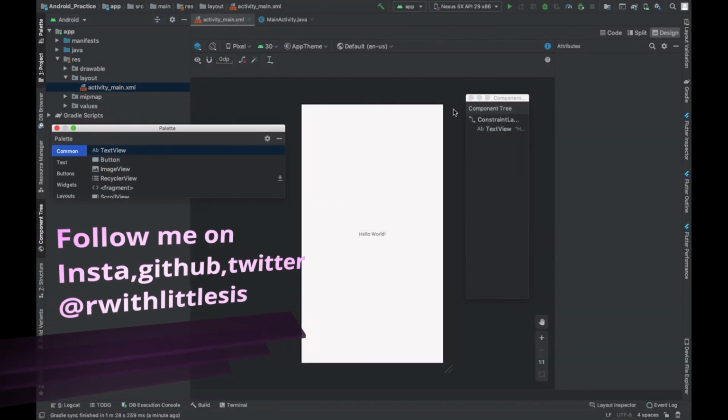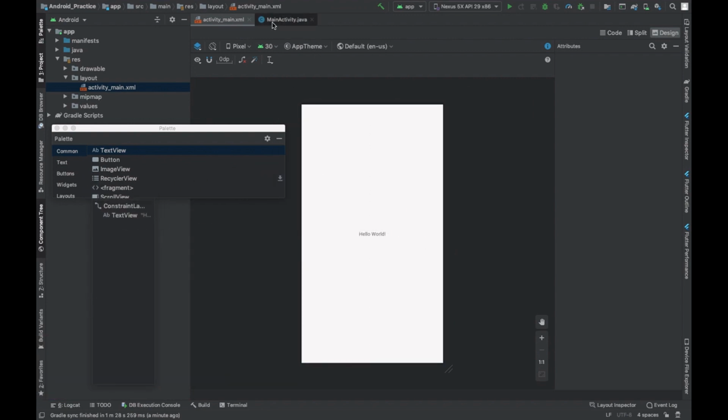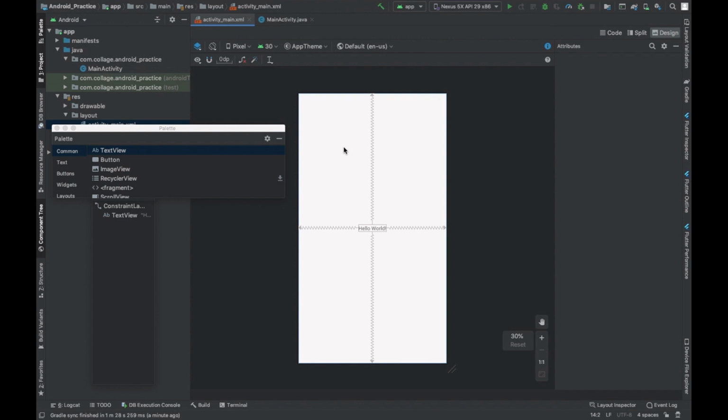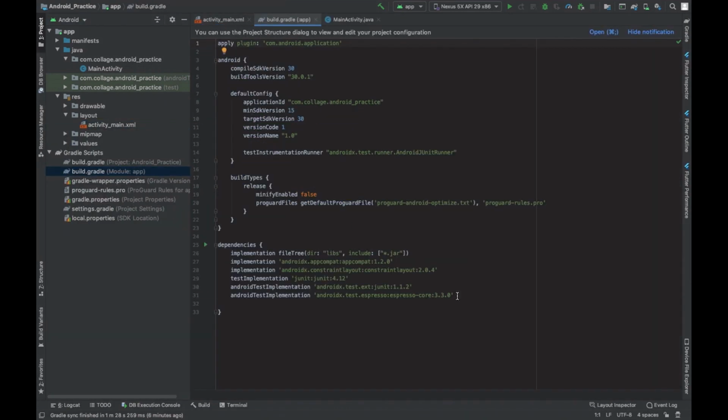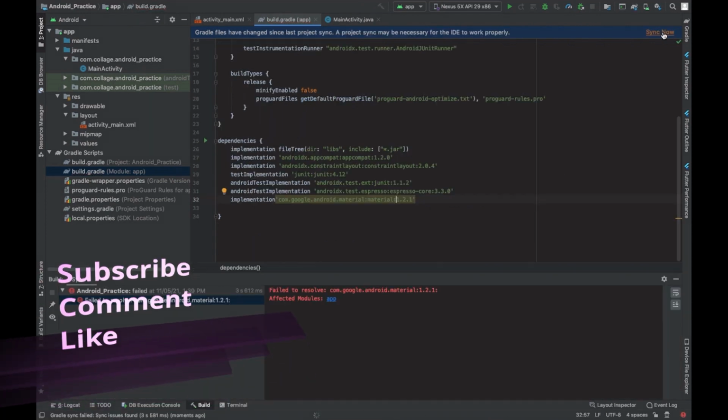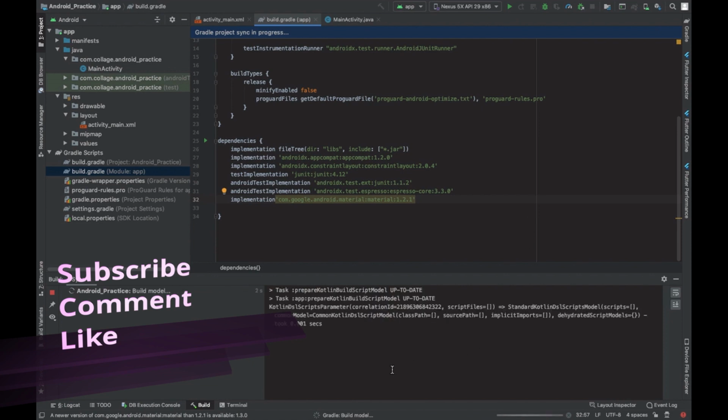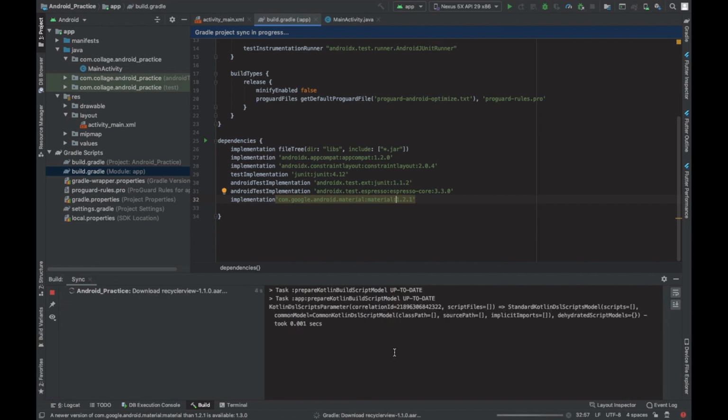So this is one of the main files where we are going to start our coding, that is activity_main.xml, where we can see our dashboard. Here we can switch between split, design and code, and another one is MainActivity.java. So firstly we are going to implement some important dependencies from Google. So first click on Gradle Scripts, and after that click on build.gradle, and inside dependencies just write implementation